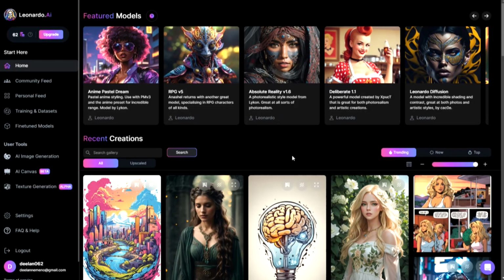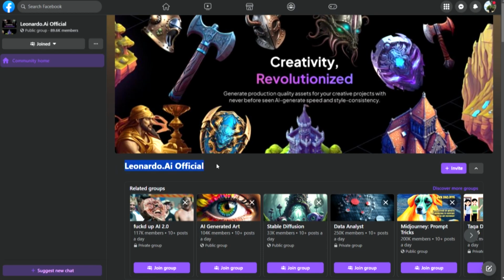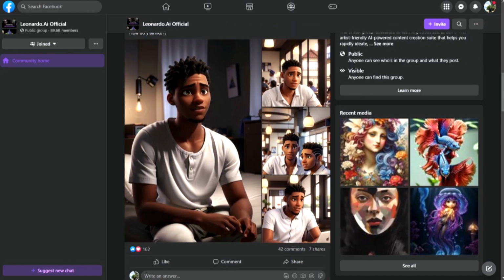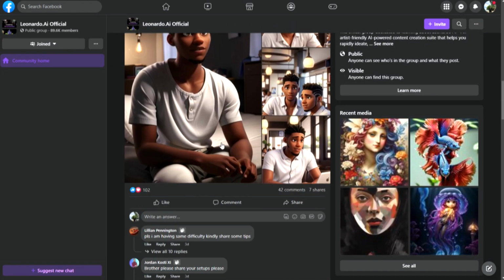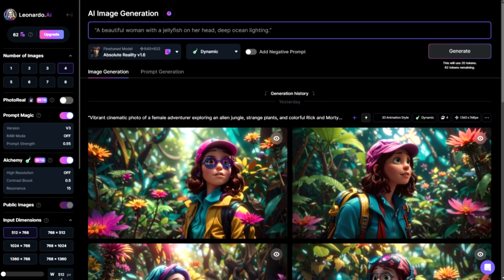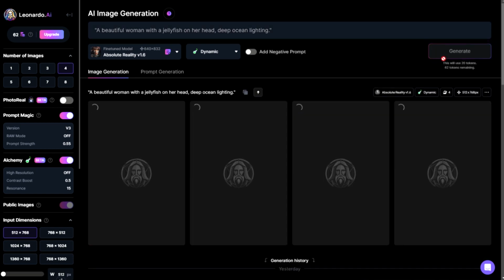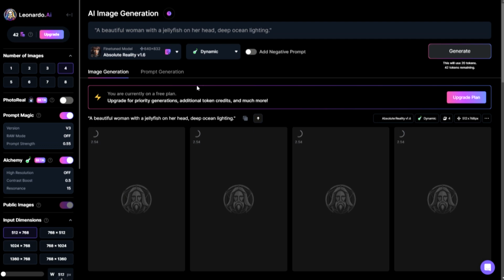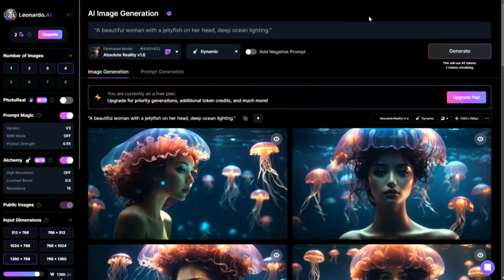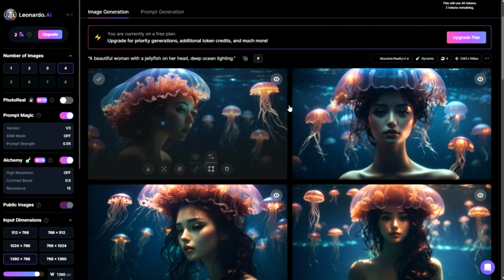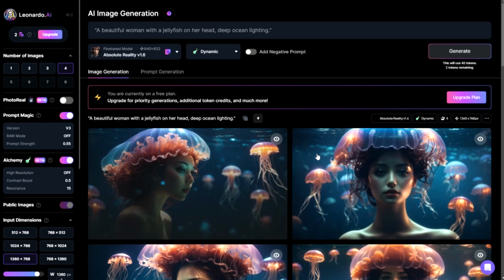Moving along, let's embark on a thrilling artistic adventure using Leonardo's absolute reality model. With a thriving Facebook community that showcases captivating images, we're in for a treat. For this model, we'll stick to the recommended prompt from the Leonardo team: a beautiful woman with a jellyfish on her head, deep ocean lighting. With the setting unchanged, go ahead and click generate and witness the magic unfold as Leonardo brings this captivating scene